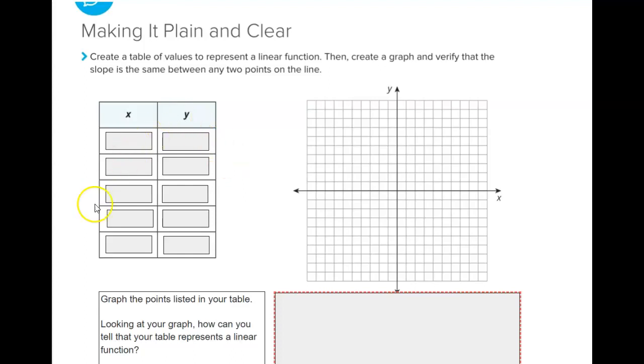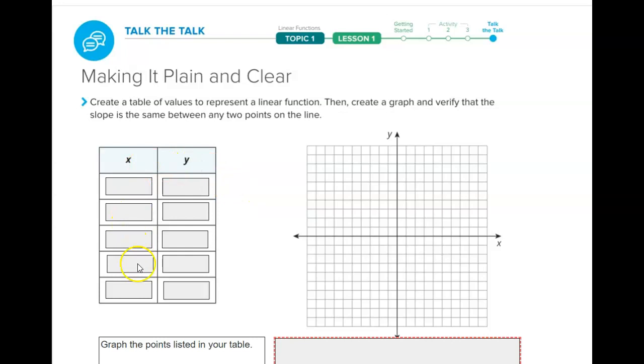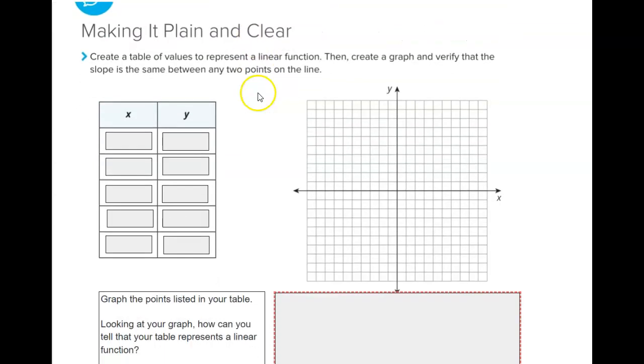If you're not sure how to do that, or if you choose x's and y's and then when you graph it, it doesn't look linear, you might want to try a different strategy. Another strategy that you can use to do this assignment is you can choose your own linear equation in the beginning. So, for example,